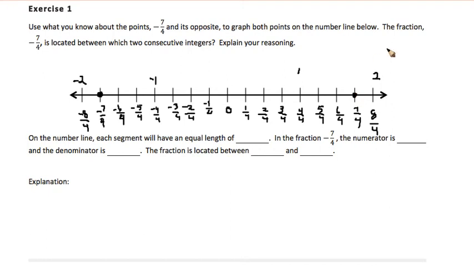Next, we'll look at the question. The fraction -7/4 is located between which two consecutive integers? A consecutive integer is one that is right next to each other when you are counting or looking on the number line. And integers are not fractional parts. The integers are without fractions or decimals. So -7/4 is in between these two integers. And then our answer, and we'll go down to the sentence and fill that in with